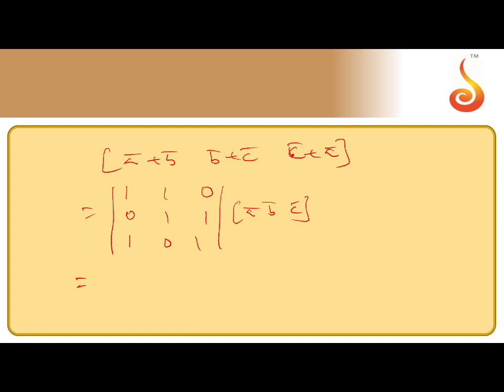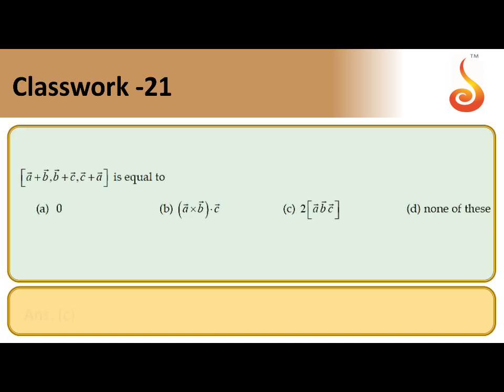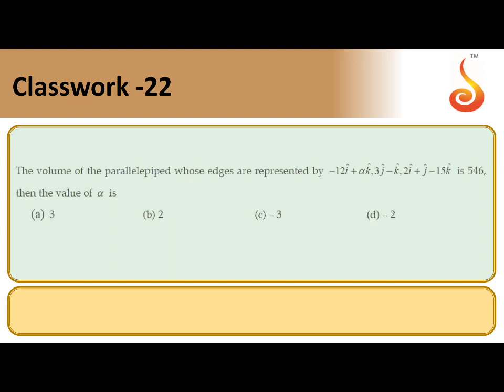So find the value of the determinant: 1 into 1 minus 0, minus 1 into 0 minus 1, last is 0 into box abc. Simplifying, 1 plus 1 is 2, so 2 into box abc. If any different terms are given, you just take the determinant and write it into box abc. If the coefficients of abc are given, the answer always comes as 0 only. So I hope this is clear. That is the solution for this question. Check the answer: option C is the right answer.